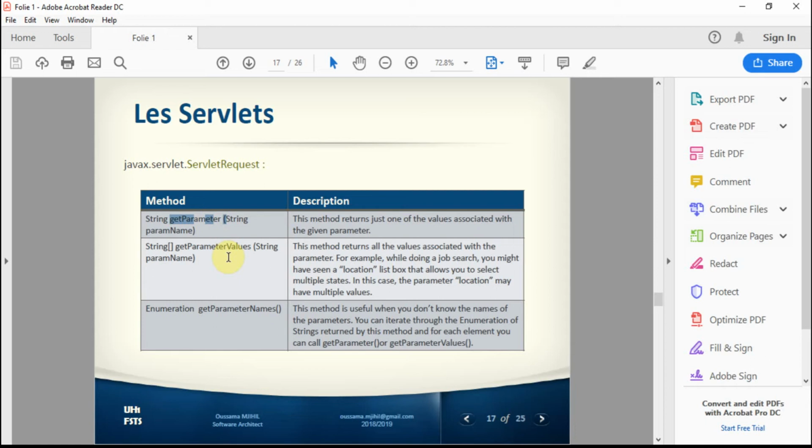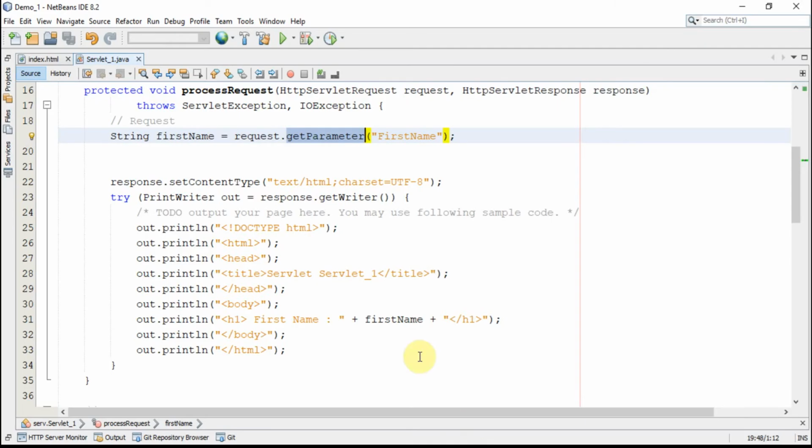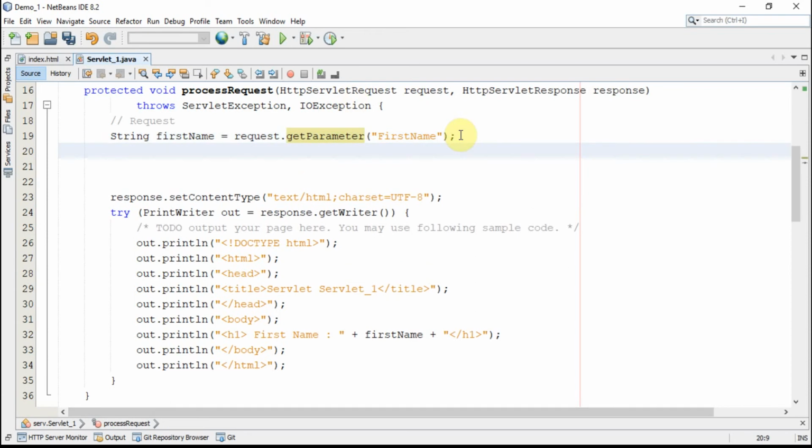Let's see, for example, getParameterValues. It returns a list of values corresponding to one parameter, if the parameter, for example, contains a list of something. Let's see a demonstration to see very closely what this means. It is returning, by the way, a string list. It's a list of strings. We're going to call it